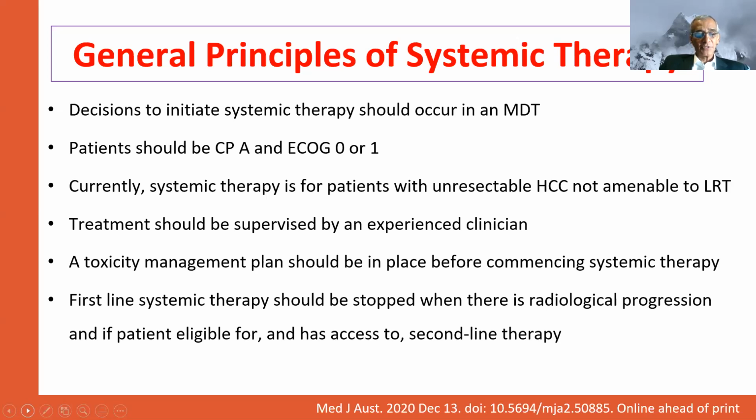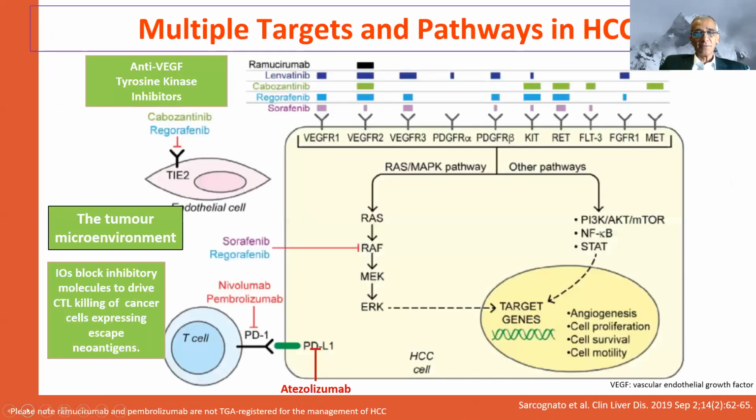The last few slides, I'm just going to talk very briefly about the treatments that we have. So this is a complex slide, but this is really trying to show you the two drugs that we have, sorafenib and lenvatinib. These are the two drugs that were used before immunotherapy came. And what they do is that every cancer cell has got these receptors that are illustrated by these inverted Ys up there. And what these drugs, all of these cancer drugs do, is they bind to the